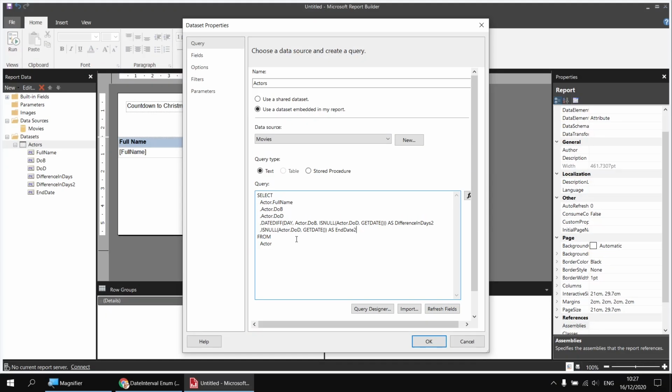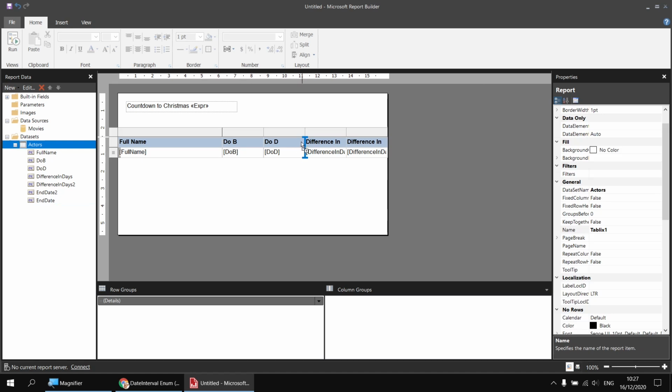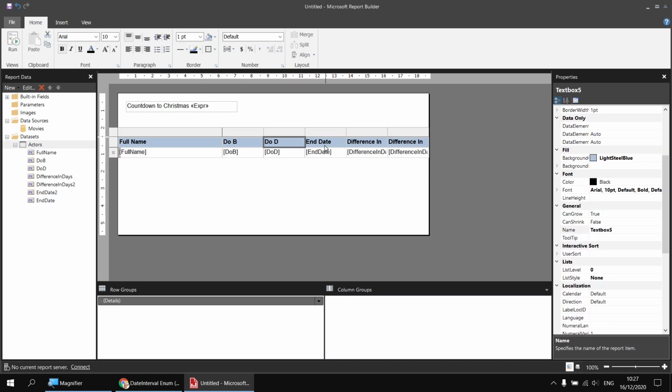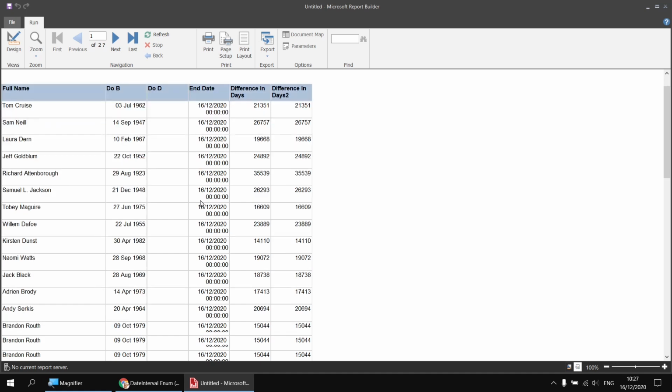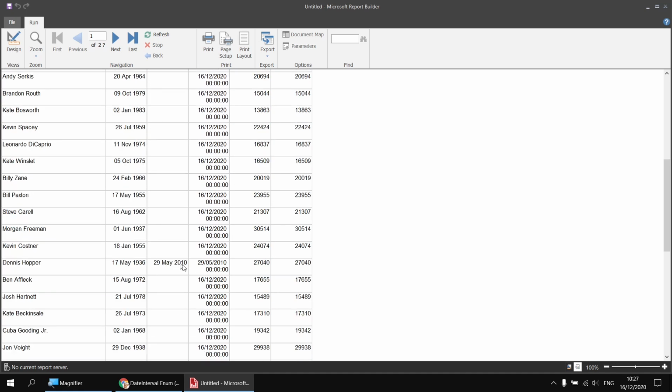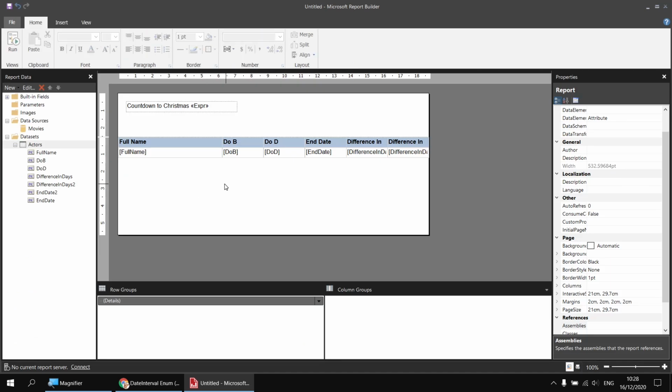Either way, it doesn't matter which one you use, whether you use the Visual Basic or the SQL version, that will contain a column now which gives us the end date to use for each person. I'm just going to drag that into my table, and I'll drag it next to the DOD column so we can clearly see that where the DOD is empty, I've got the current date, today's date used. Otherwise, I've got the actual date of that actor's date of death. So that's perfect. I'll head back to the design view,